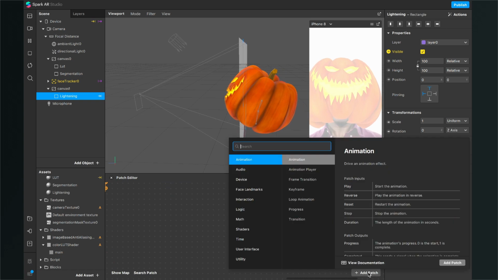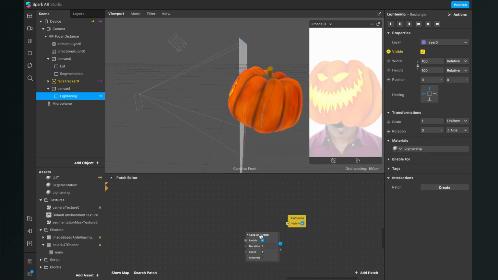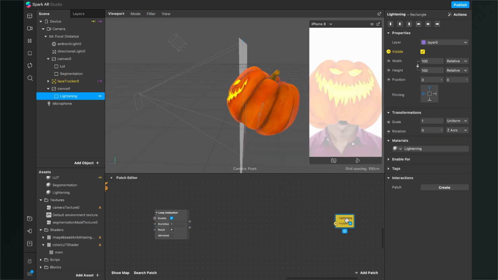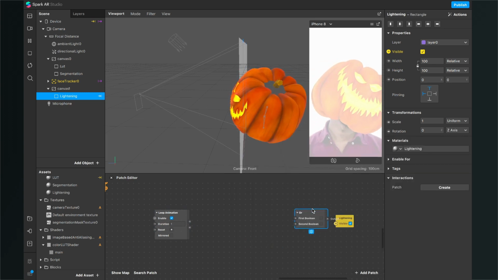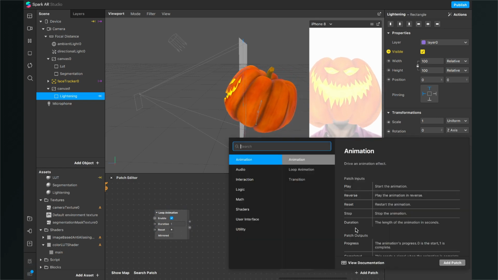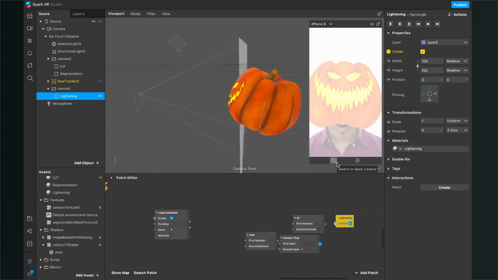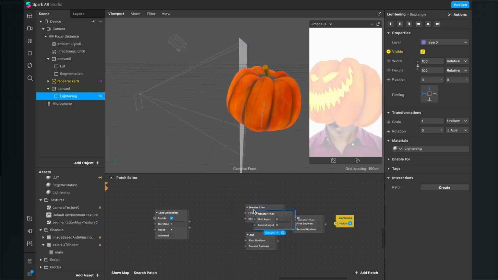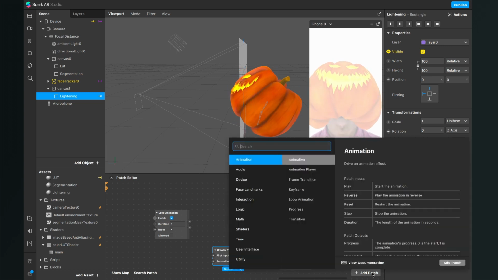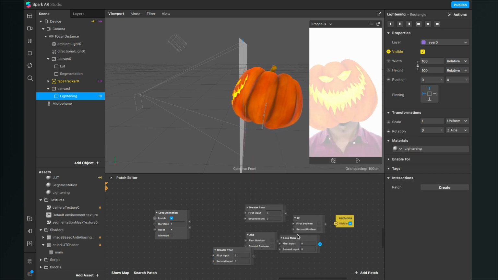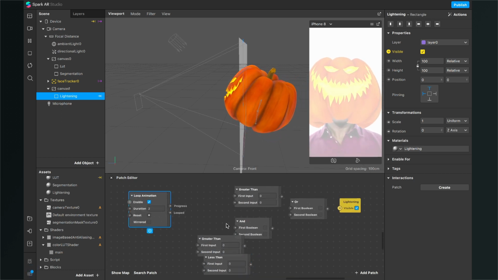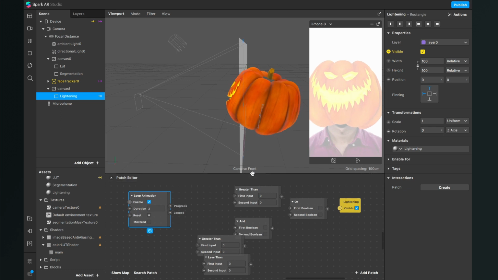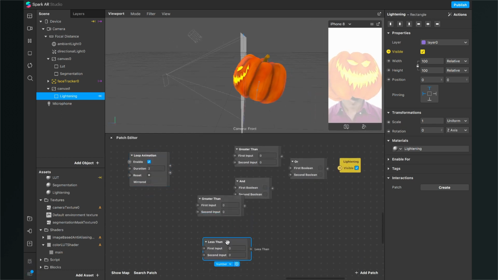So now we need a loop animation patch, and then we also need a few logic operators. For this I will do an OR, then we need an AND, and we also need a greater than, two greater than, so just duplicate it, and one less than patch. So I set the loop animation to 2 seconds, and then we have to program our logic here.